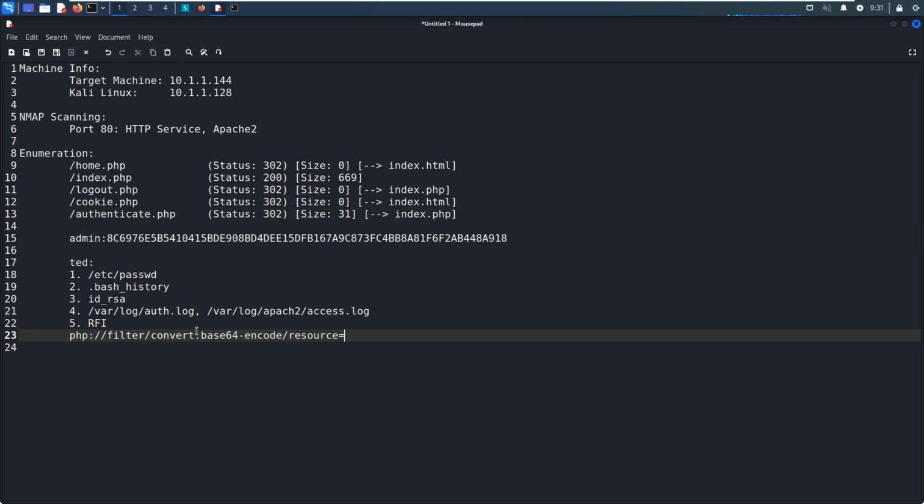This is also a very famous and common methodology, right? And we can try to access the authenticate PHP file to get its source code.